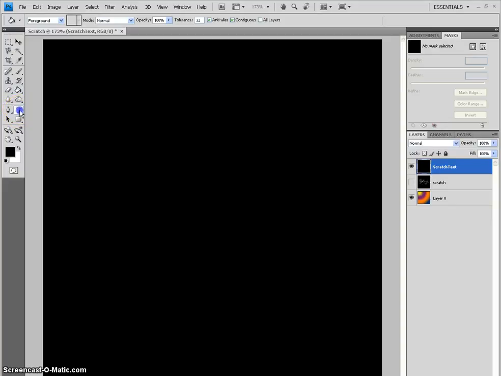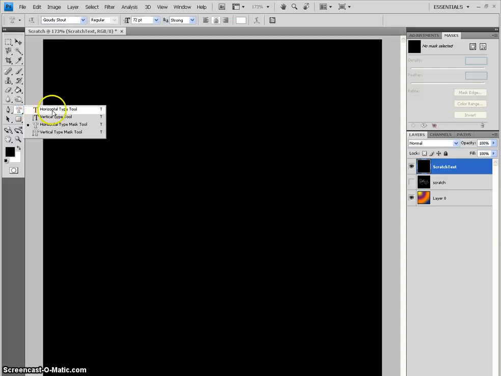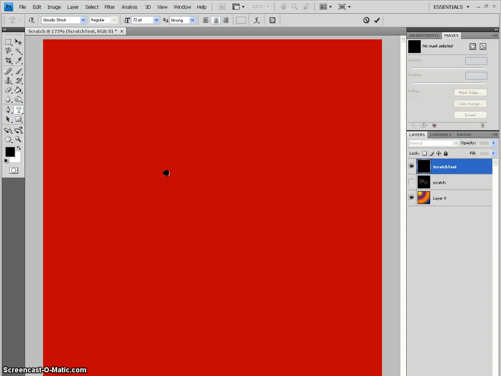When we've done text before, we've always used the horizontal type or the vertical type. But now we're going to use the horizontal masking tool. This is a selection tool that selects in the area like a letter. So I'm going to click over here, click on the horizontal masking tool, and click close to the center, and I'm going to type in